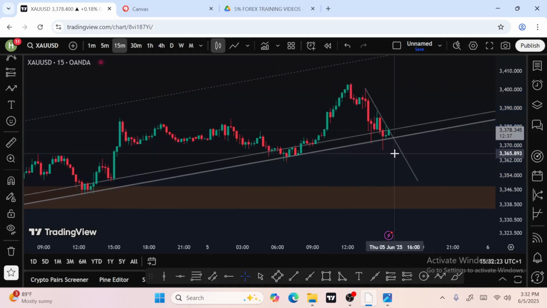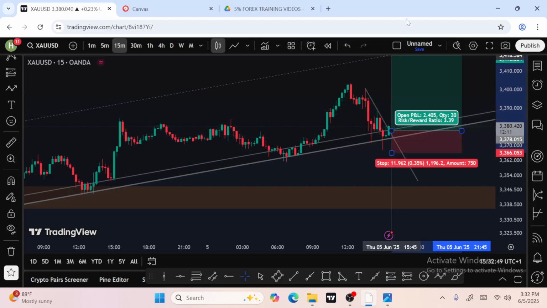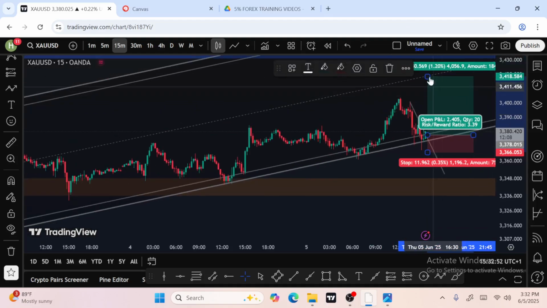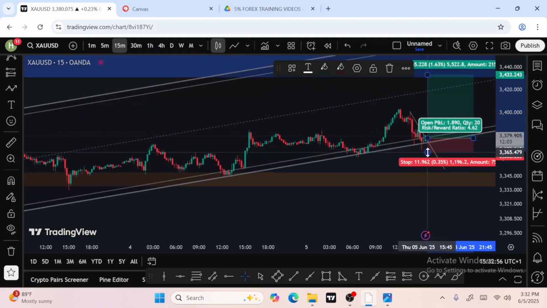So the essence of analysis is just for you to have a foresight, just for you to have a sure confirmation, just for you to have an informed decision on what is to happen in the market. That's all. Do you get it now? Once this ends, boom, I'm expecting a long. I'm expecting a long from here up to the upside, where we have our target. Then our stop loss will be where?